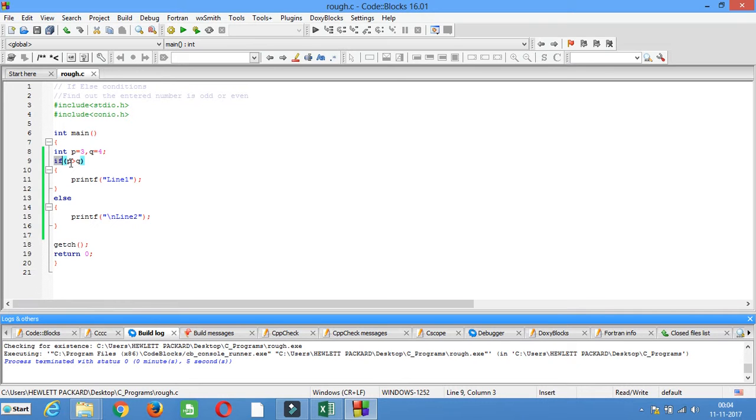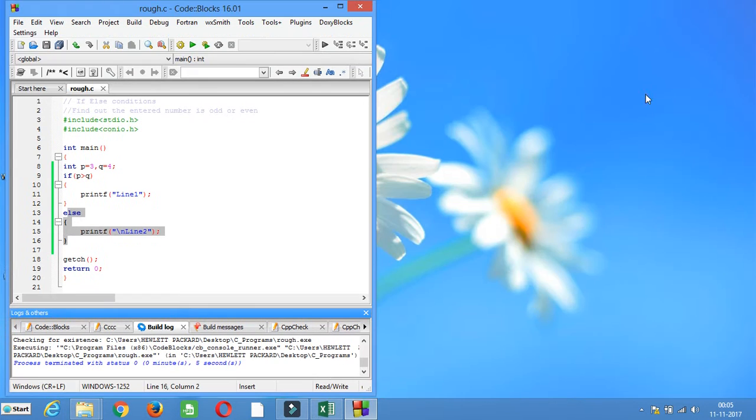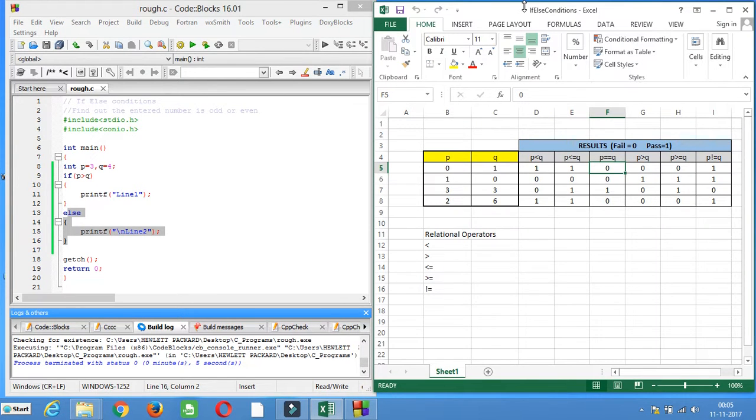So if it is having non-zero, that means this part will be executed, and if the expression is failed, means that will return zero value, and in case if is having zero value, then else part will be executed, right? So let me explain you what are relational operators and how they return the value,